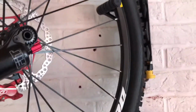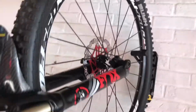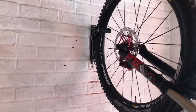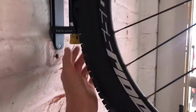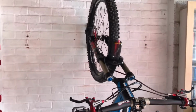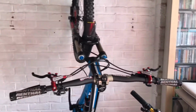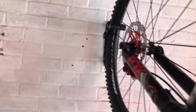Let's see if we can swing this around with one hand. So if I pull that down now, that lets you swing it round. And then it locks. So I can't move it anymore now. So that's gone round 15 degrees. If I pull it down again, push it, that's another 15 degrees. Whoops, trip over it. If you have a look at it there, that's pretty much square on. And then if I wanted to move that round completely,